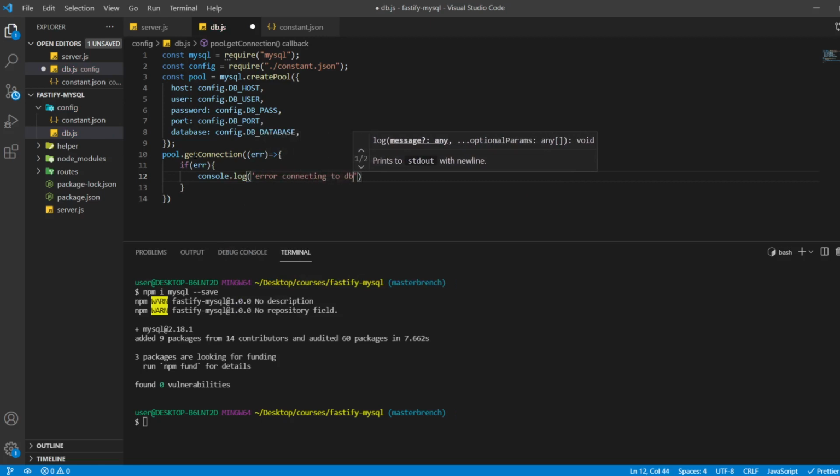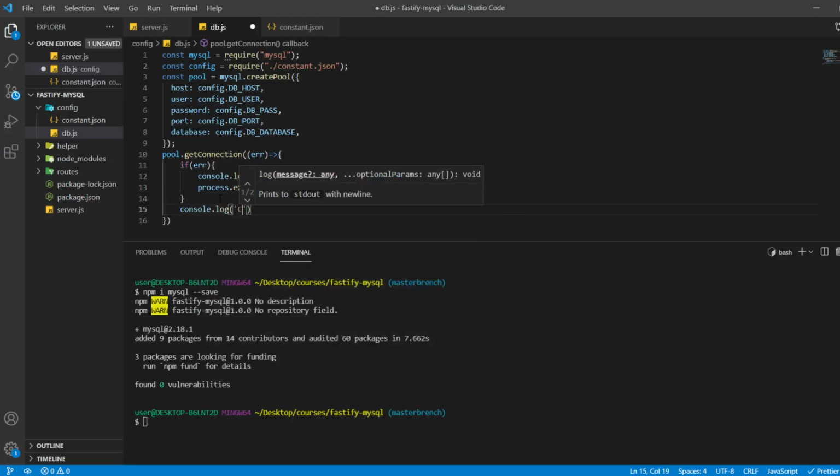Okay, and we'll also use the stack, and here you can also write the process to exit. Okay, and if we don't get error, then we are going to simply console.log connected to db. Okay,